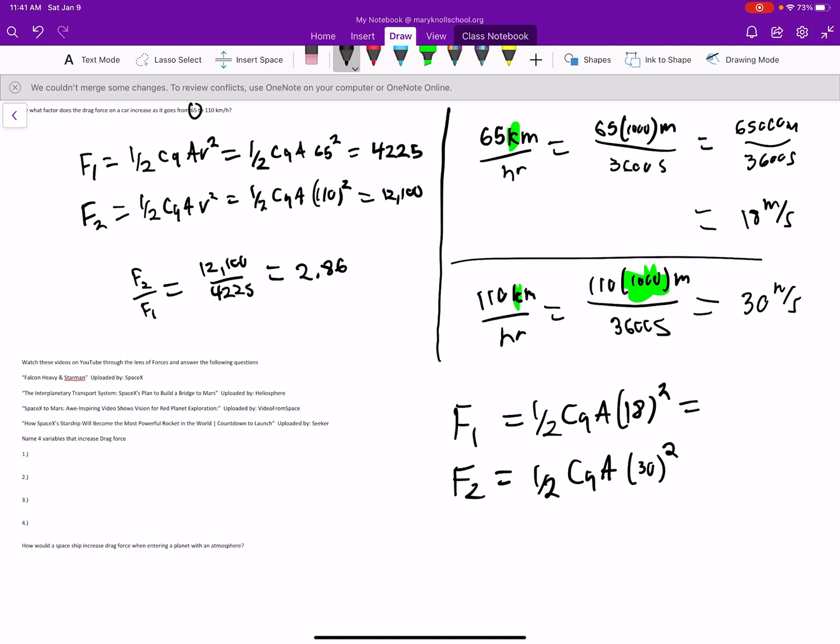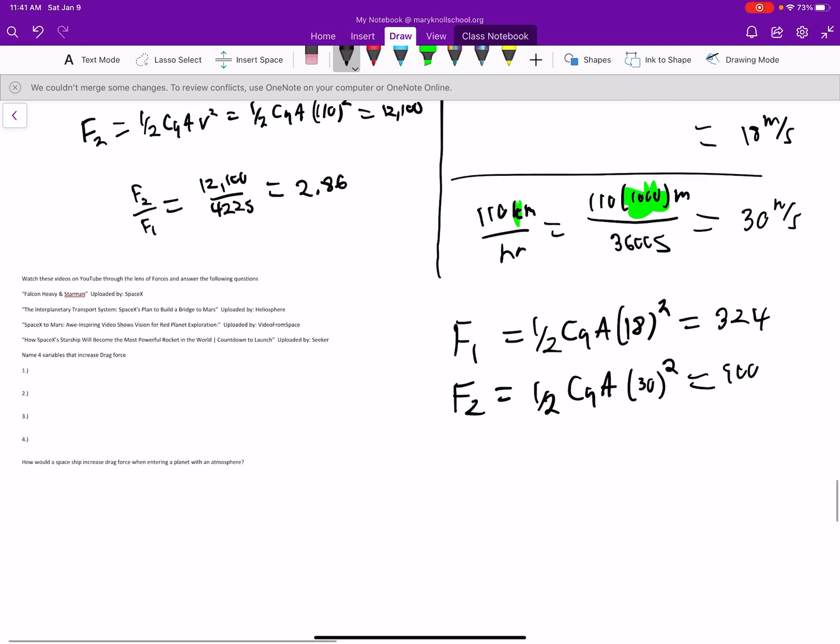Okay, 18 squared is 324. 30 times 30 is 900. And so if we do force 2 divided by force 1 to get the factor increase, 900 divided by 324,